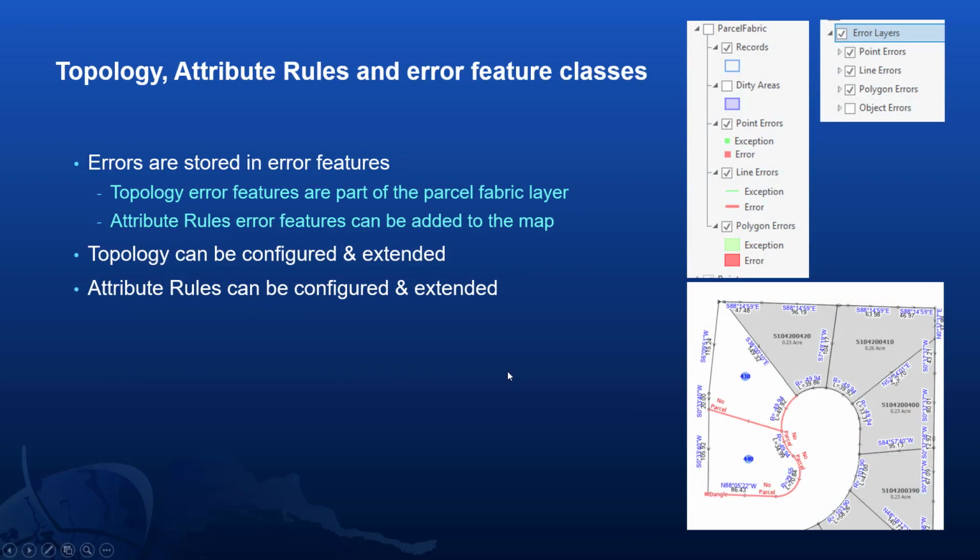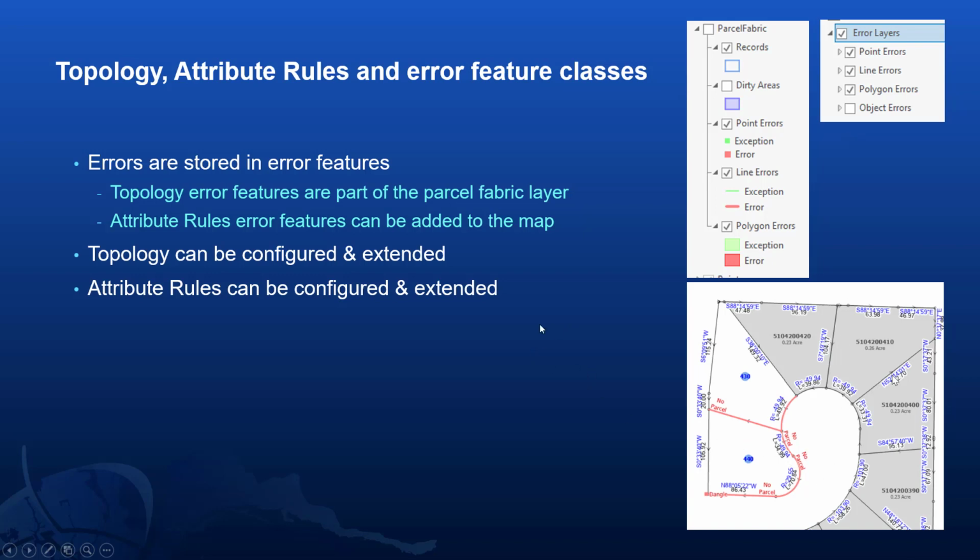Topology is part of the fabric, so the fabric controls the topology. It also comes with 2.7 attribute rules built in. So you'll find that there's a rule called must have a record on every feature class that you can evaluate, for example, as well as additional rules that we ship and you can opt in and import to your parcel classes. If you evaluate or validate each one of those, you will see that you might get errors that you